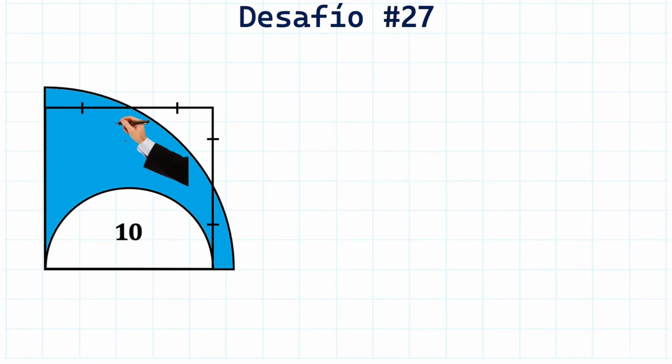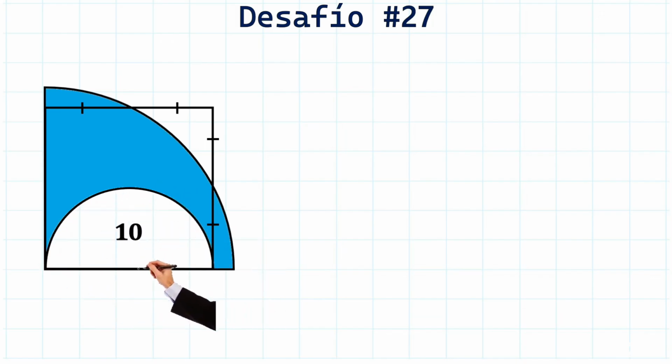Friends, check out this exercise. We have to find the shaded area of the figure. Let's recognize that here we have a quarter of a circle, a square, and here we have a semicircle with an area of 10. Very well, what we are going to do first is find the radius of this semicircle